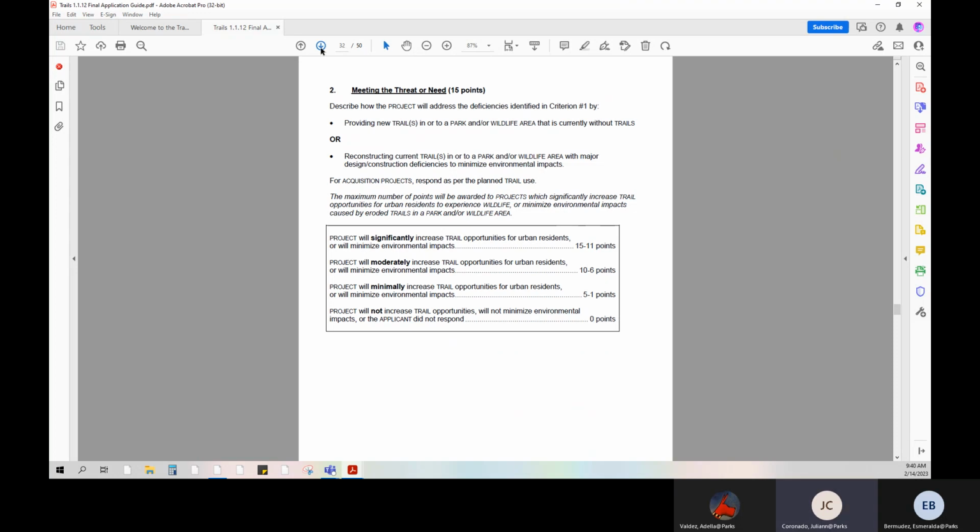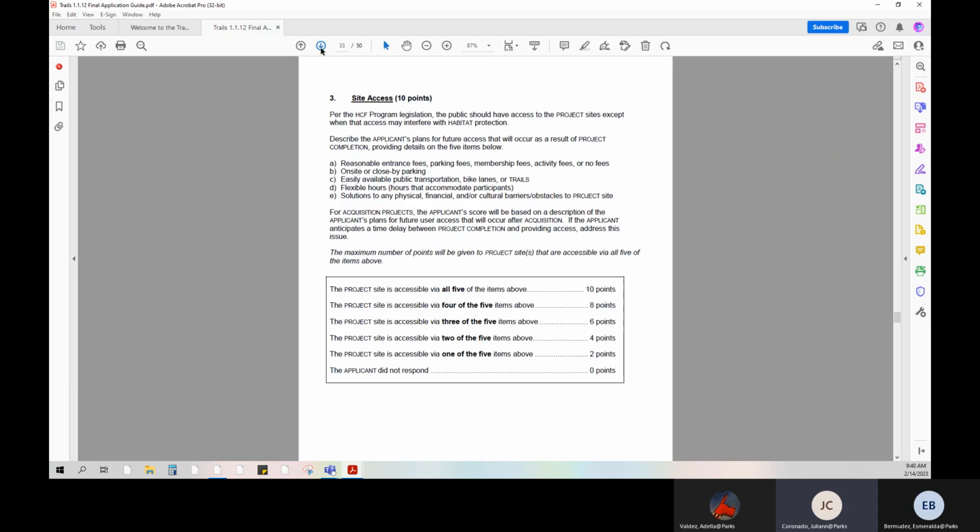Let's move to criteria 3 on page 33. This is for site access. Per the program's legislation, the public should have access to the project site, except when access may interfere with habitat protection. Applicants will describe the plans for public access use by the time of project completion by providing details on items